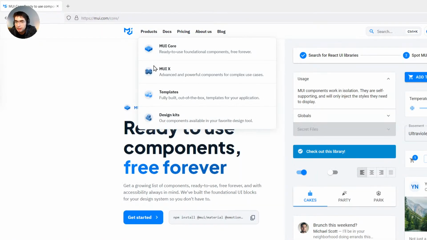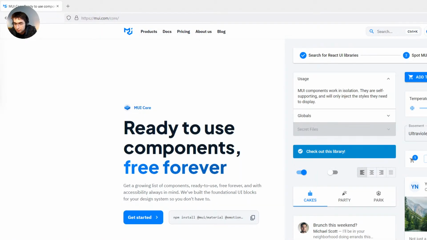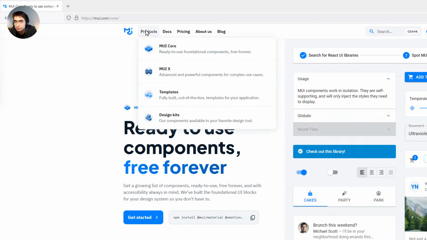Okay, so I'm thinking the library filtering already feels somewhat overloaded. So I'm thinking let's add some sort of